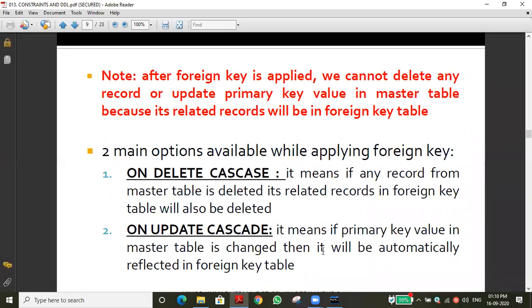The foreign key may be a primary key or unique key in parent table, and it should not be a non-primary key in child table.